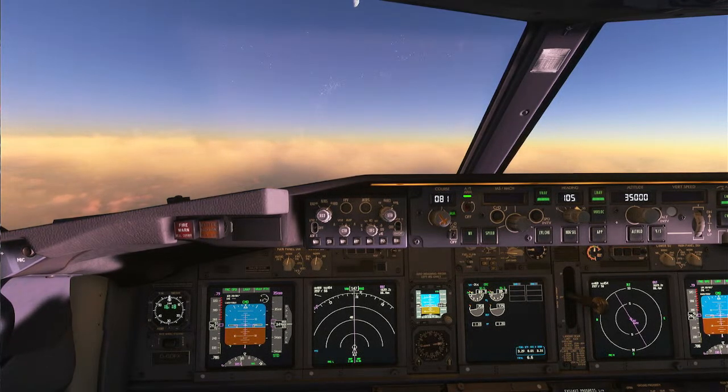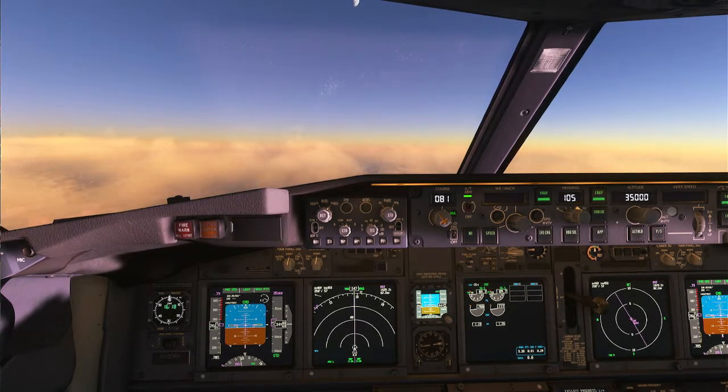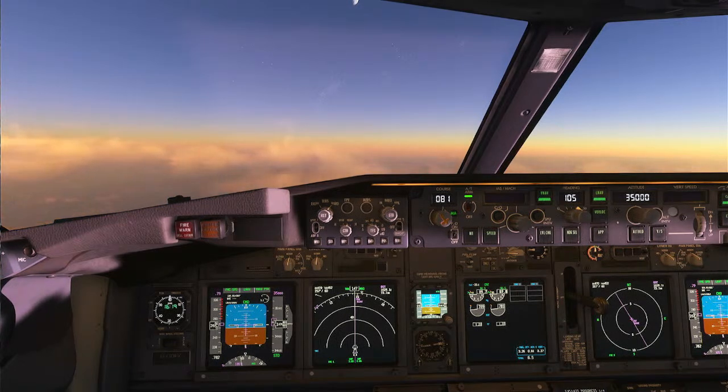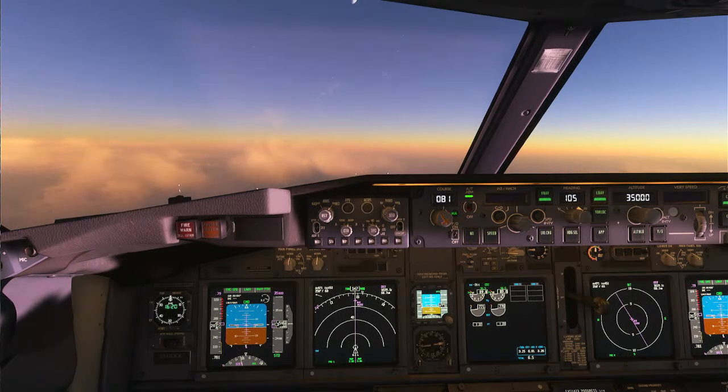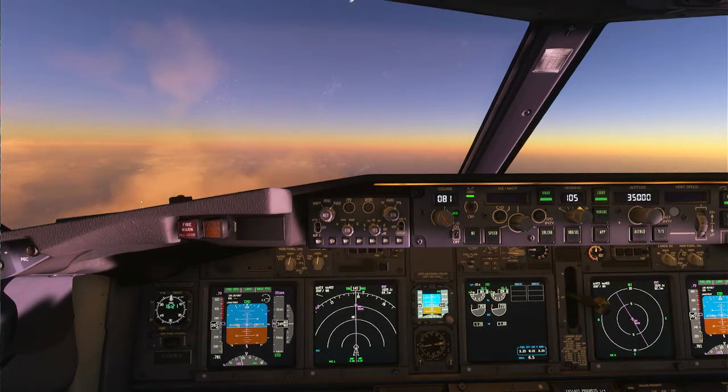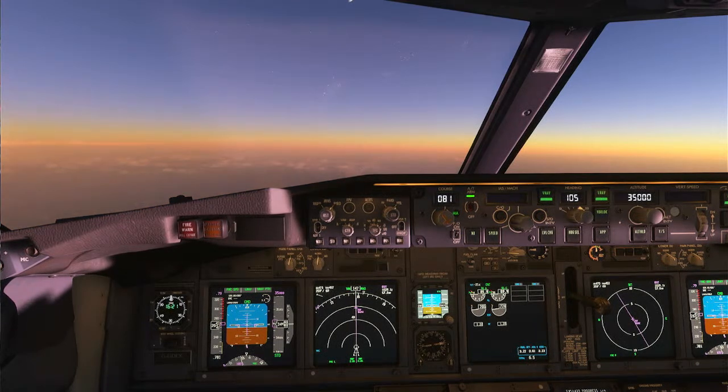But supposedly PMDG, which looks like it so far, they did a really good job programming everything behind the scenes, which is what I read about last night, so it would work pretty much flawless, as long as you're not going faster than 8x. 16x it can do, but I heard that it can disconnect the autopilot and give you some issues. So